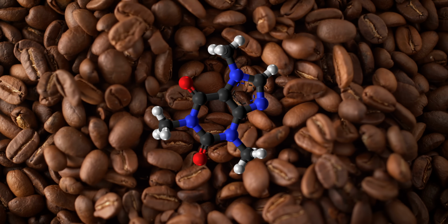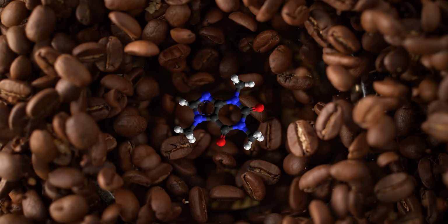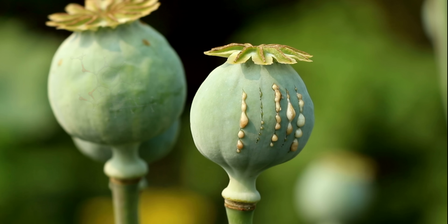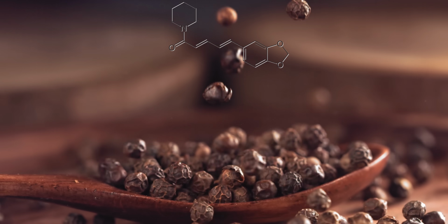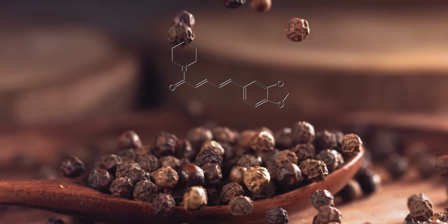Cocaine is the most prominent alkaloid among a host of others in the coca plant. Alkaloids are naturally occurring organic molecules that humans can't seem to get enough of. Other alkaloids we just can't seem to quit are caffeine, mescaline, nicotine, and morphine. Even relatively harmless piperine, which gives black pepper its unique bite, is right there beside the salt on tables around